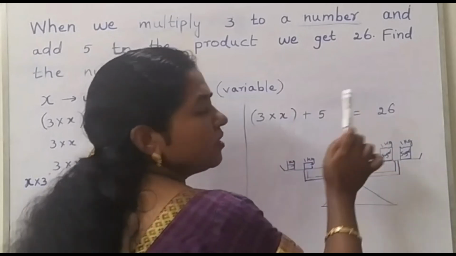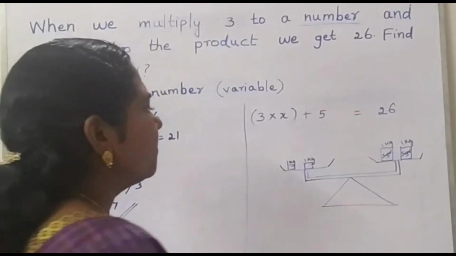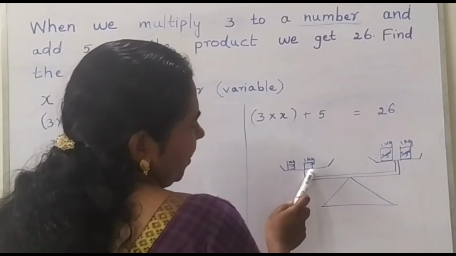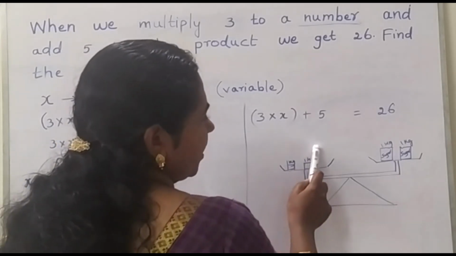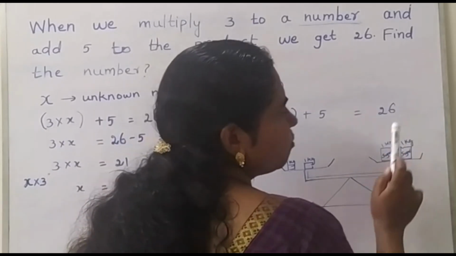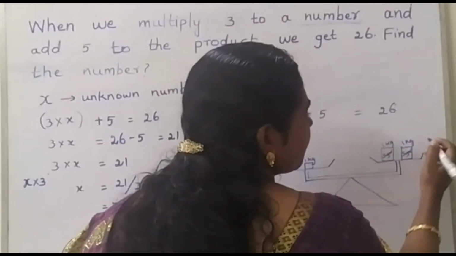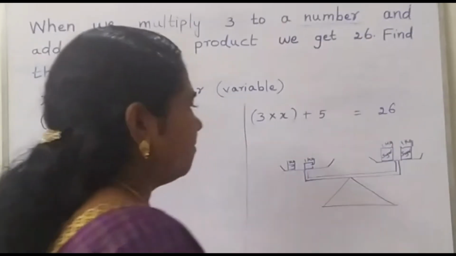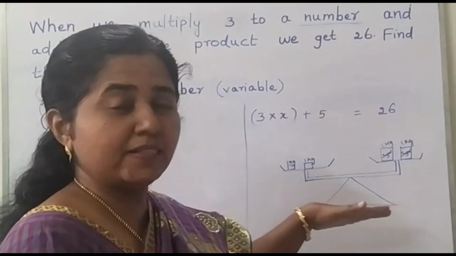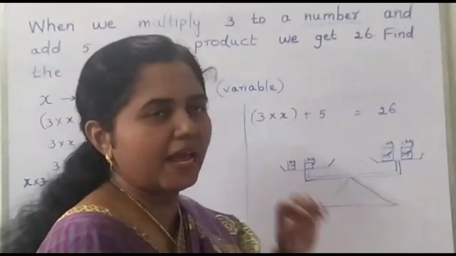Before coming to this equation, let us see this diagram. It is a diagram of a weighing balance. Here I have placed a 1 kilogram weight and another 1 kilogram weight, so totally there are 2 kilograms, and here 1 kilogram of sugar and 1 kilogram of sugar, so totally 2 kilograms. Now if I remove 1 kilogram of sugar from this side, what should I do? To maintain the balance, 1 kilogram of weight should also be removed. Then only it will be in the balanced state.